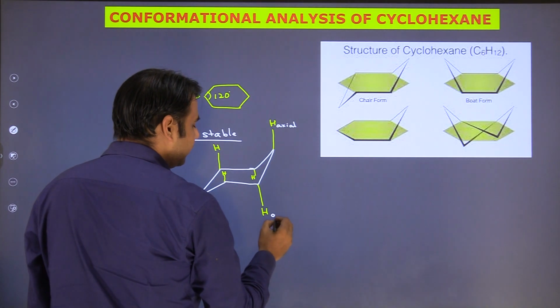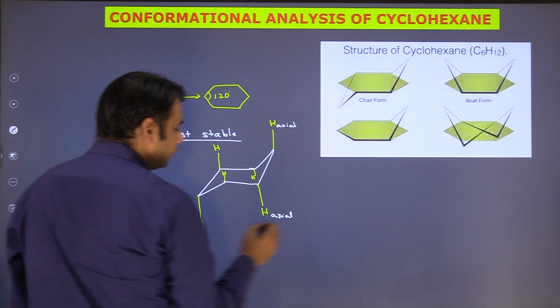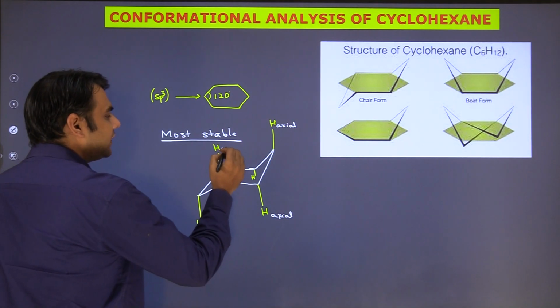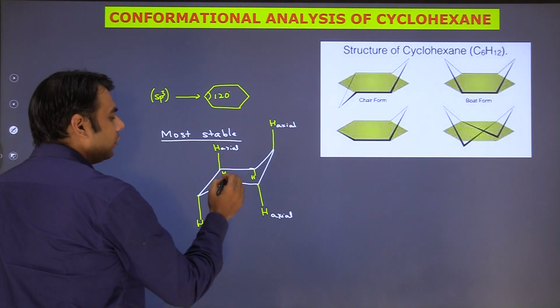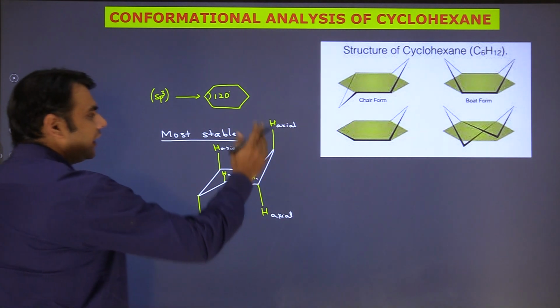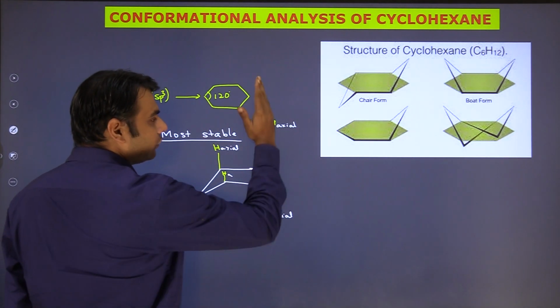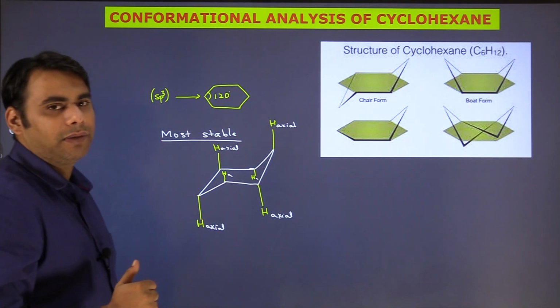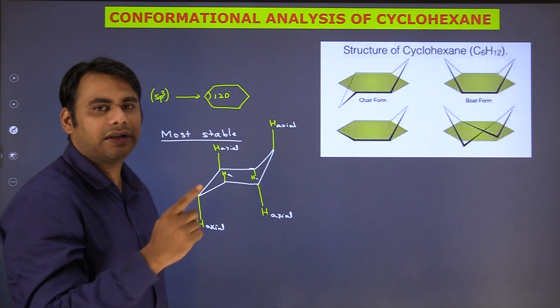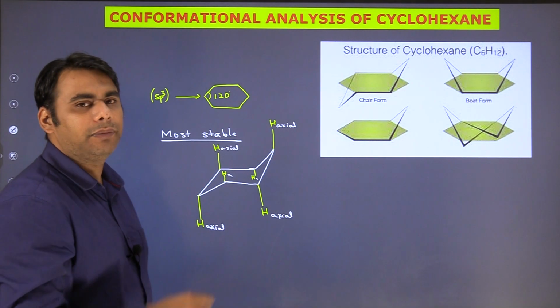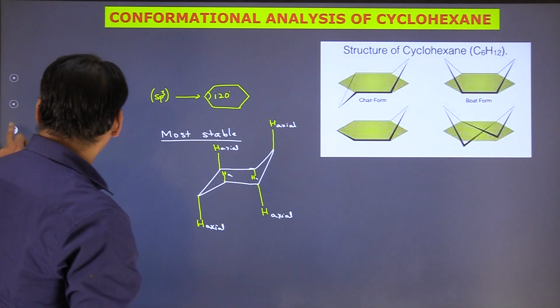So this is basically your axial hydrogen. Axial hydrogens are hydrogens that are basically in the same plane. Now if you look at all these hydrogens, they are basically in the same plane. This is going above the plane, this is going down the plane. So these are opposite but they are lying on the same plane. So axial bonds are in the same plane, just the difference is that they are completely opposite to each other.